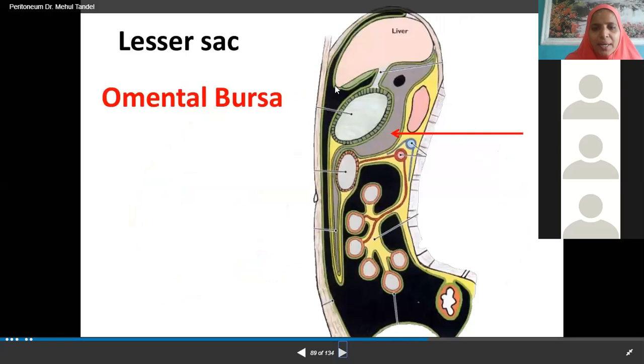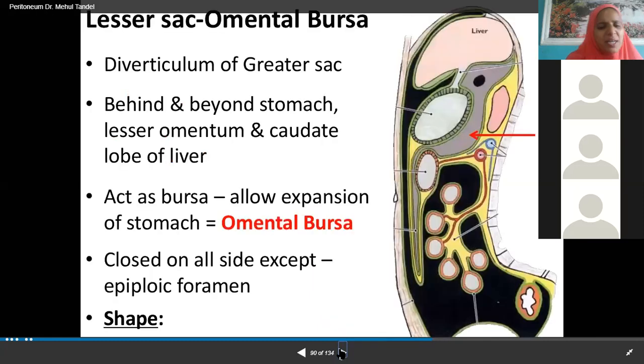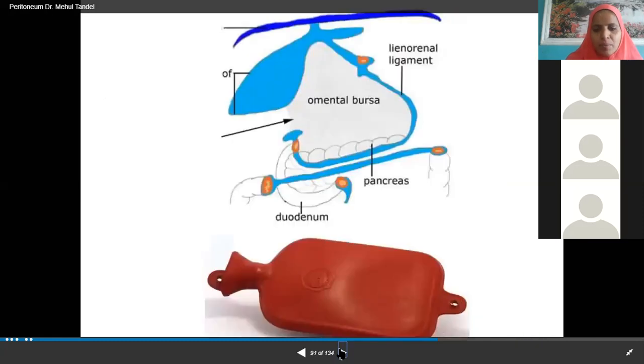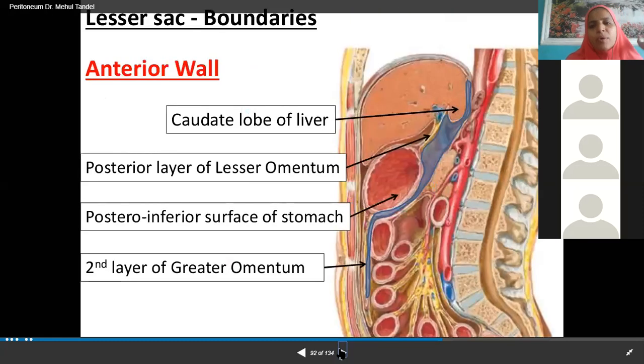See, anteriorly the complete area is the greater sac. This gray colored area is the lesser sac. But lesser sac I have discussed in much detail. I am not going to discuss it again. I gave you all the boundaries also, but still the boundaries are very much clear. I wish to tell you again.